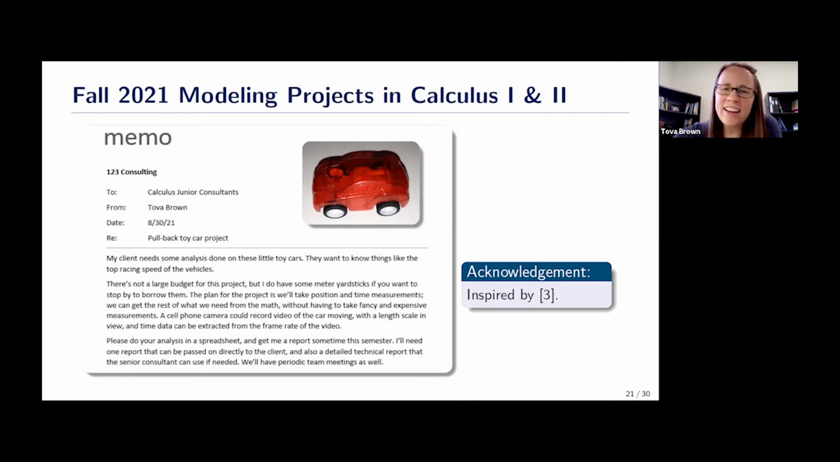Anyway, I ended up deciding to introduce the project on the first day of class with a memo on every student's desk and a little car on top of it. And I said, you guys are going to pretend this semester that you're consultants in some kind of technical firm, right? So you have technical background and you solve problems for clients for their companies. And this one client, he's made these little cars and he wants to know how fast they go and questions like this. So this is your job, to answer this question: what's the top racing speed